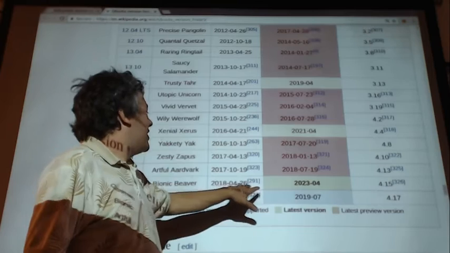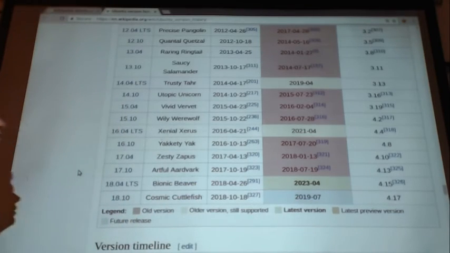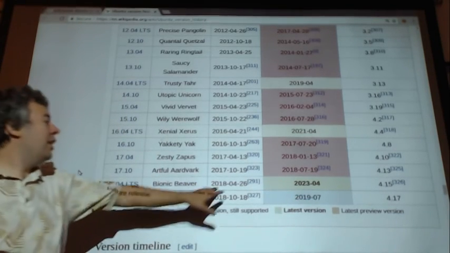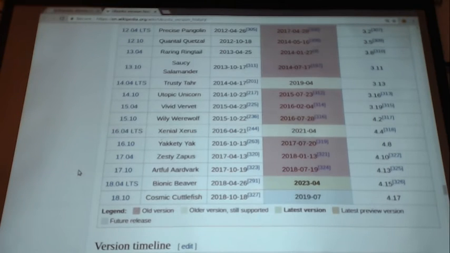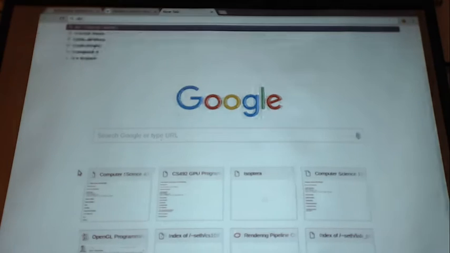So this next release will be supported until 2023, and of course, it only came out last April. Ubuntu has this fixed release schedule every 6 months, and that keeps it very up to date, because every 6 months they release it. Debian, on the other hand,